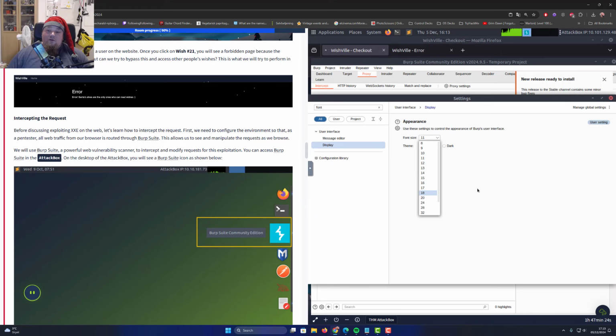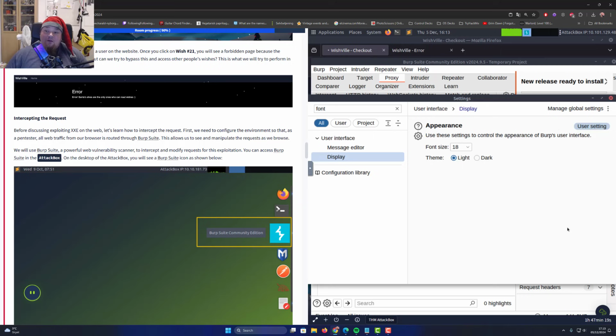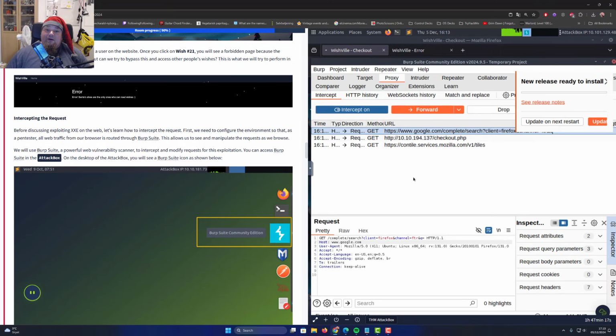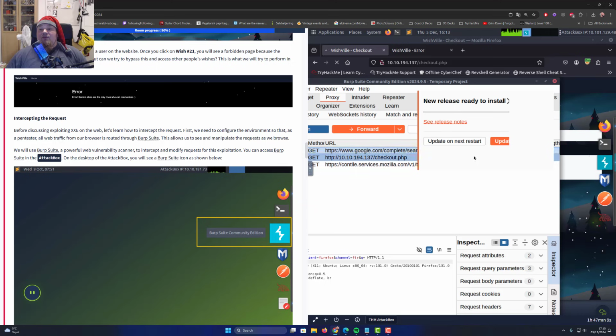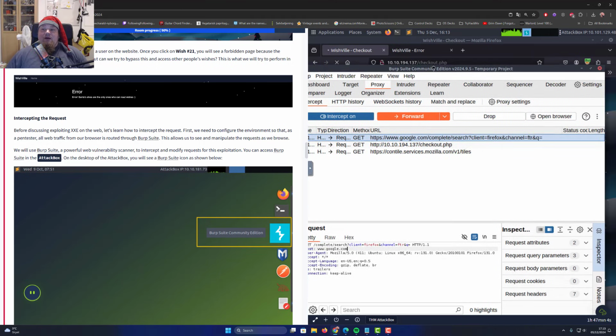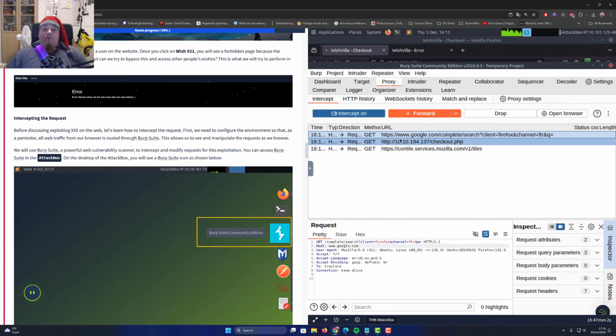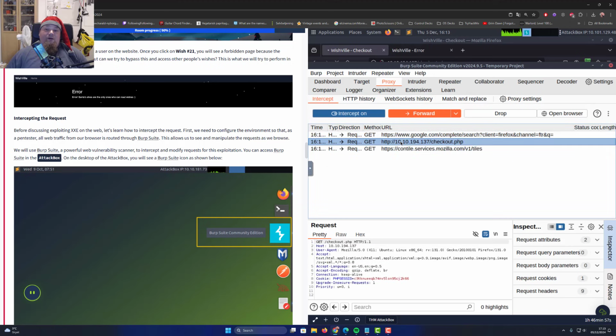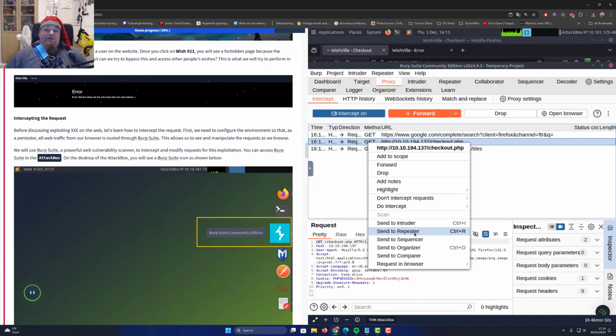It's pretty slow, I apologize for that. So now it's bigger. Now we can probably see it a bit more. I just need to remove this update on next restart. Yeah, so we have it. It's a bit small, but we can see the request right there. It's something Google. We have the one here on the web server. And what we can do is right click the request and send that to, for example, something like